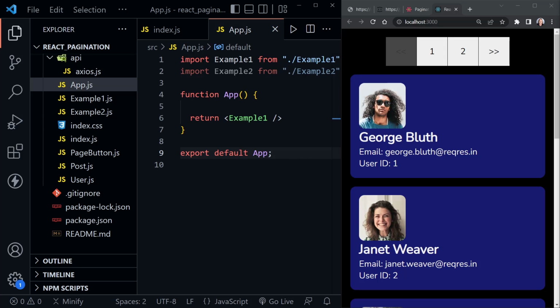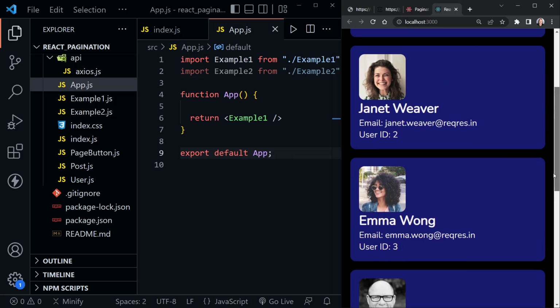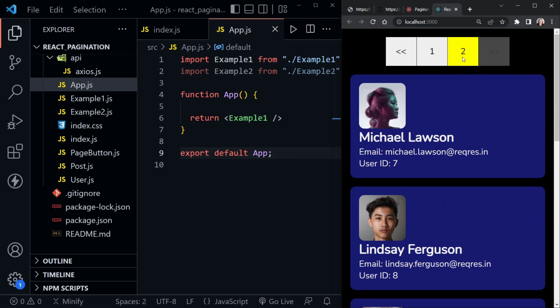Pagination means displaying results in a multiple page format. If you look at the browser on the right, I have a page of 6 users, but that's not all of the results. If I click on the number 2, I can view the second page of results and I